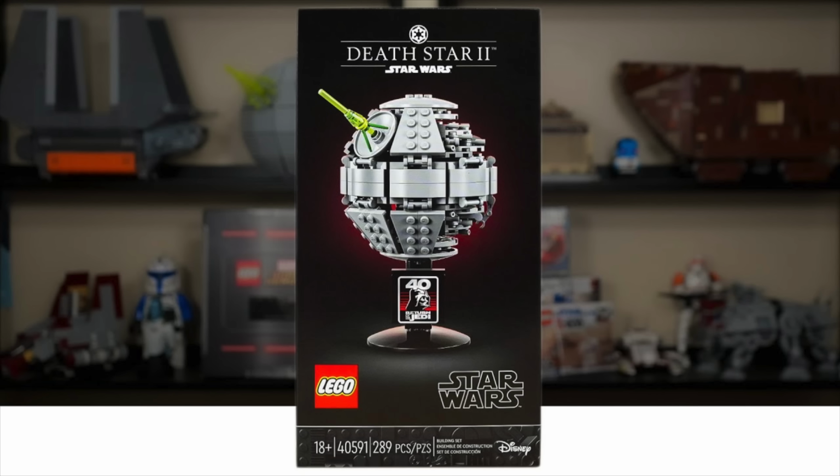And where I'm at on it is I don't know if it will include a figure or not. Fingers crossed that it does, because May 4th promos should have figures in my opinion. However, I would lean towards there's a real possibility this is going to be a Phantom Menace set only because